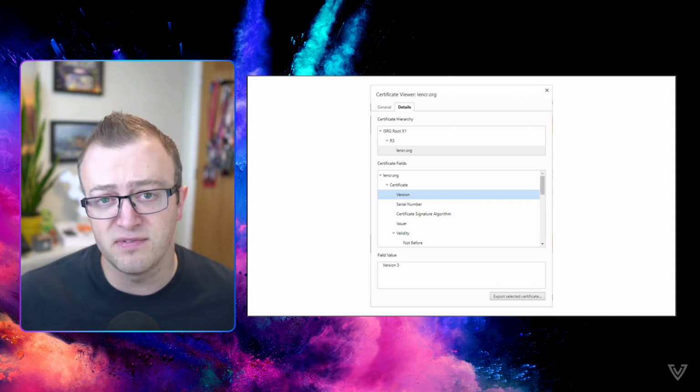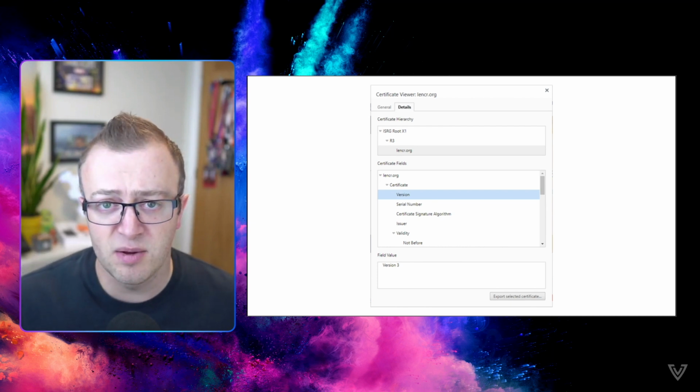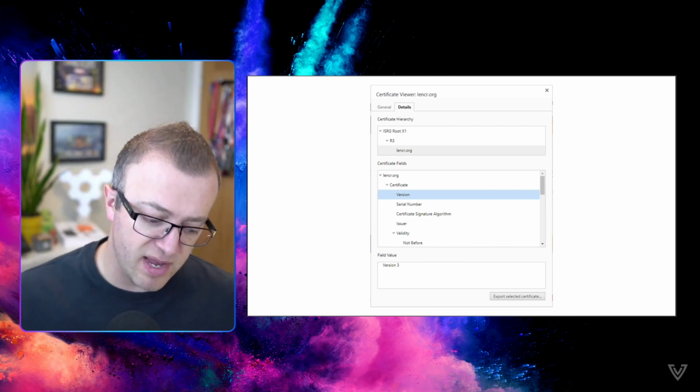If you inspect any certificate online, if you're going to a website in a browser or communicating with some kind of API from a device, you will see that we are using an X.509 version 3 certificate. So X.509 being the standard that governs them, and version 3 being the current version that we're on. Now, X.509 v3 came out in 1996, which means that the bulk of the structure of a certificate has not changed since then. So we've been using the same certificates, and it always kind of reminds me of this meme